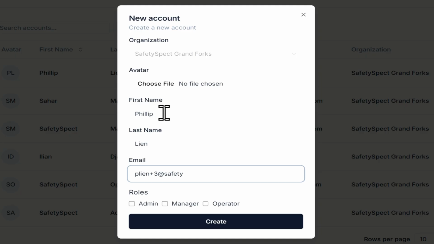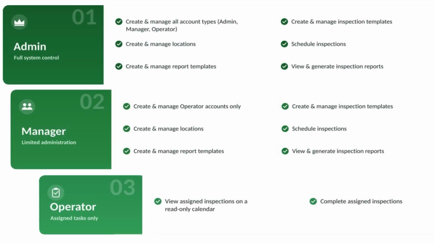Then enter the user's first name, last name, and email address. Next, select the appropriate role for the user. Admin users have access to all dashboard features and can manage the organization, users, locations, reports, inspection templates, schedules, inspections,